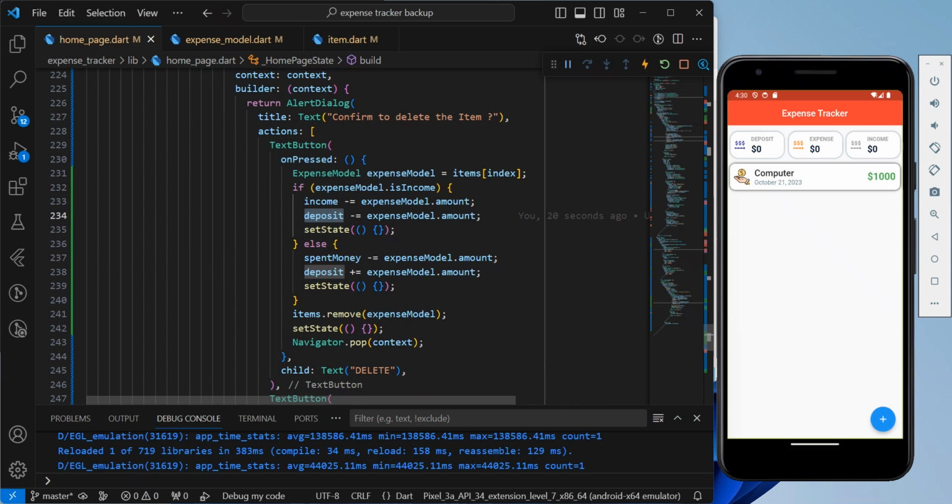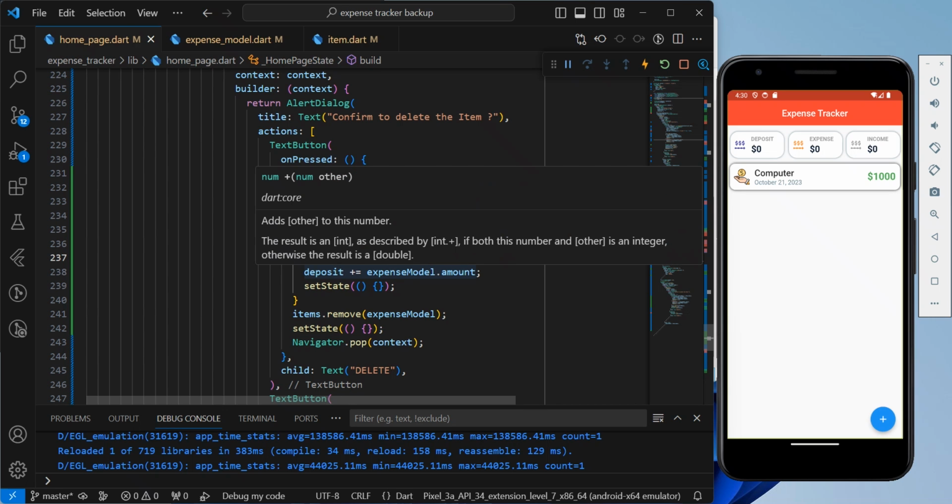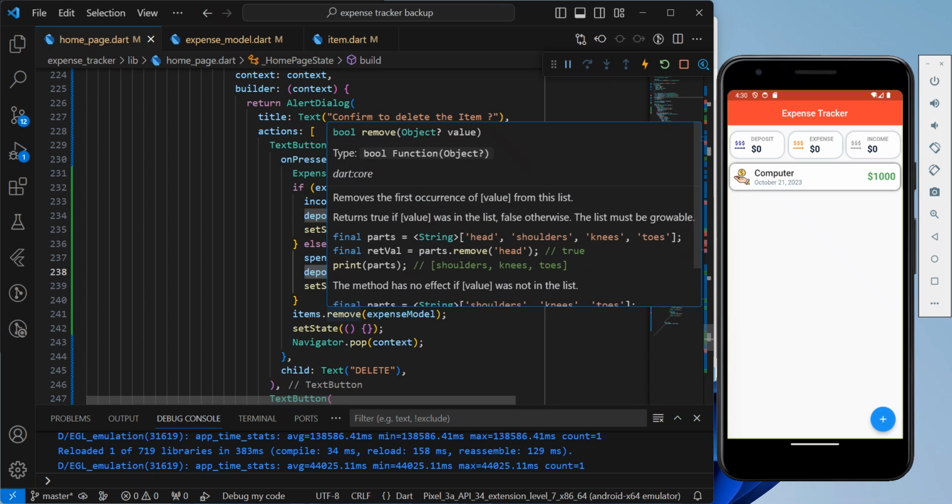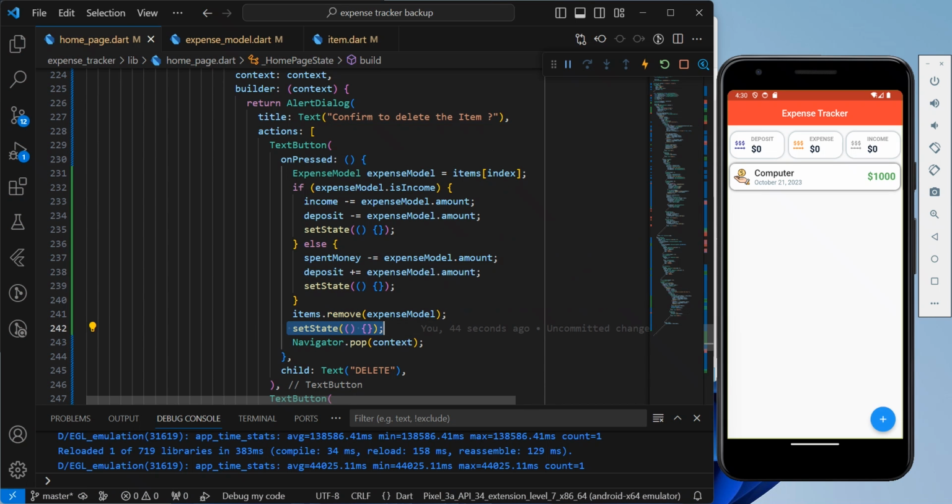And if it is not the case, it means that we are deleting an expense. In this case I need to minus that amount from the spent money because we are deleting an expense, and of course we have to increase the amount of deposit because we are deleting an expense. So at the end I just do a set asset once again,